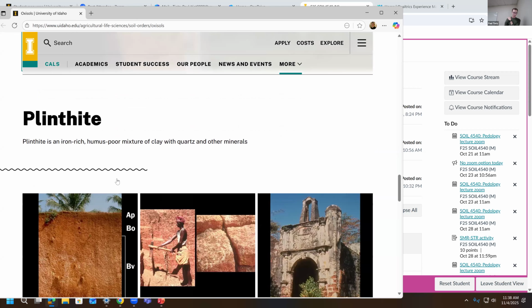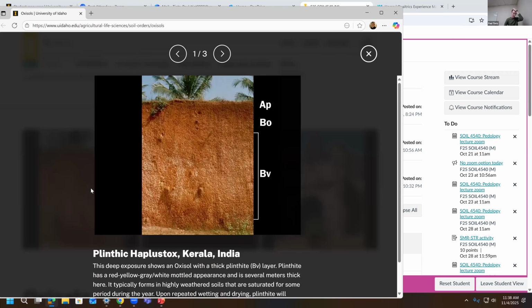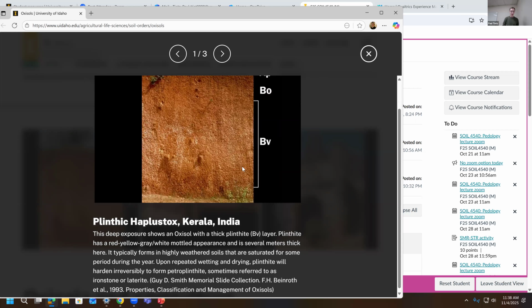And plinthite now, we talked about this for the Bv horizon. Red, yellow slash gray or white mottled appearance. You can see some of these in the monoliths. I think plinthite, a Bv horizon, would be the best subordinate distinction for the kaolinite paleosol that we saw in Beauville. But these are the contemporary, modern-day plinthite profiles. Repeated wetting and drying, especially if it dries in the sun, irreversibly hardens into petroplinthite or ironstone,